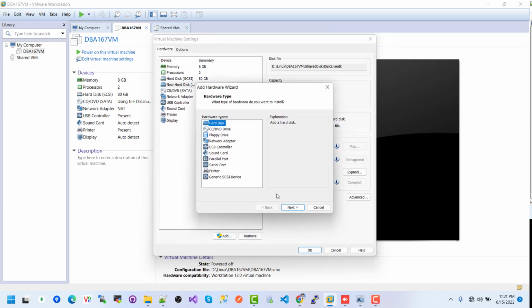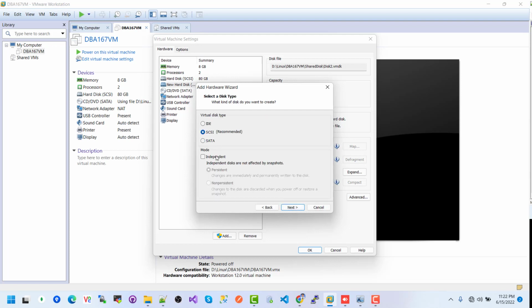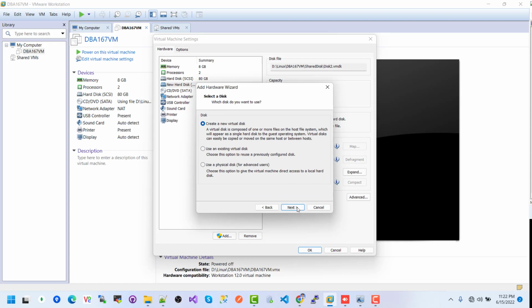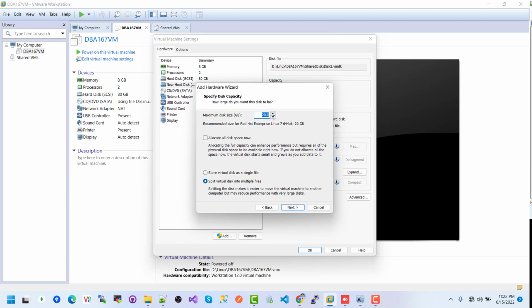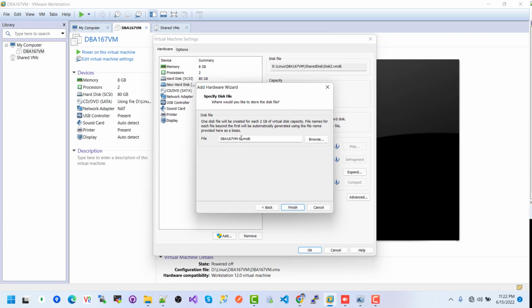Now we will create another disk: hard disk, then SCSI recommended, then independent, create a virtual disk, then we need to specify the size 10 GB. Then here we need to give the file name again inside the shared disk directory, so disk3, and then finish,